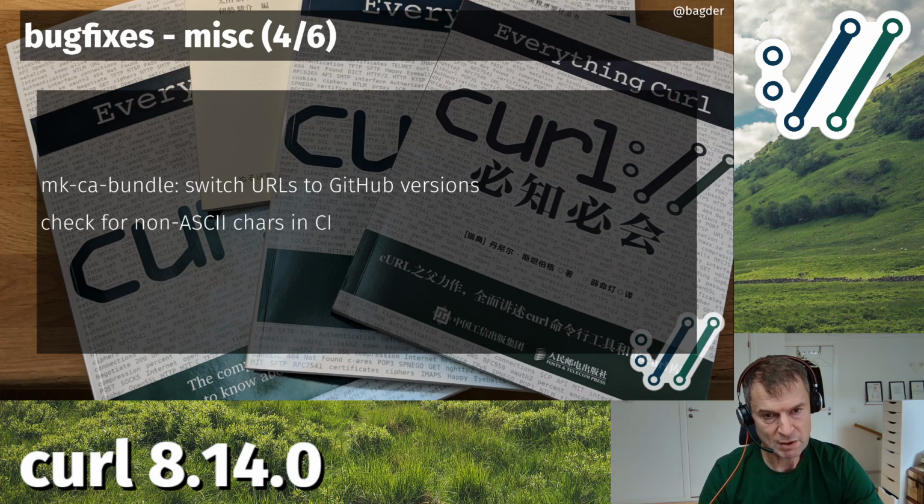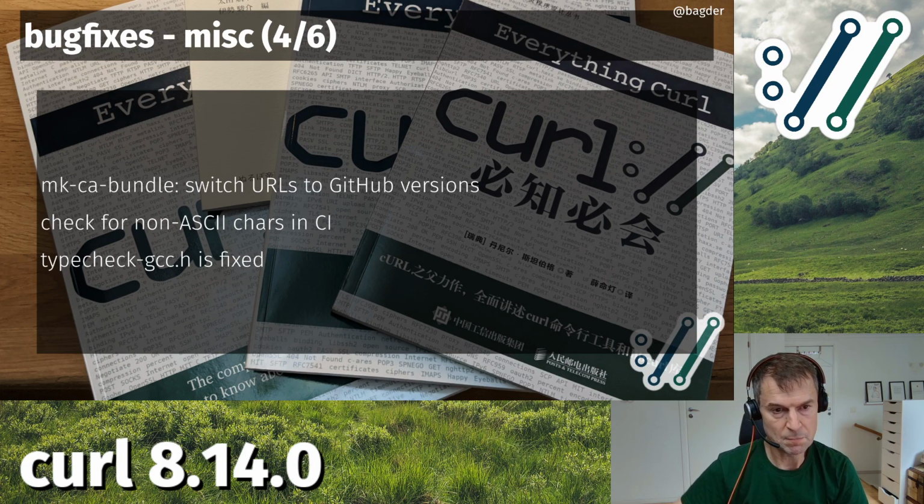This is maybe not really a bug fix in the tool, but in the system: we're now detecting and checking for non-ASCII characters in CI and in scripting to make sure that we don't accidentally have weirdo Unicode characters. I wrote a blog post about this, but basically it's sometimes hard to detect if something is replaced by a weirdo Unicode lookalike character, and now it's really hard to do that without us noticing it, thanks to this CI job that checks for Unicode and UTF-8 symbols.